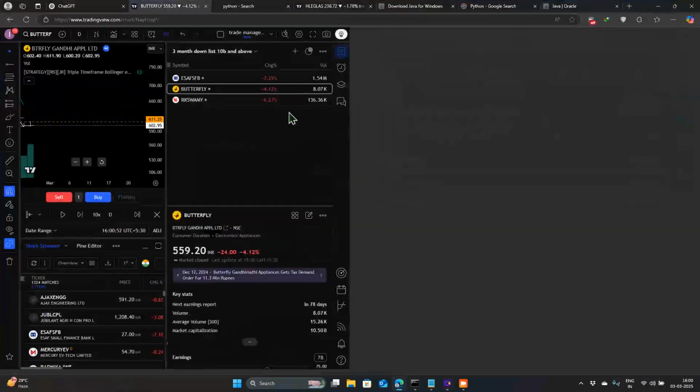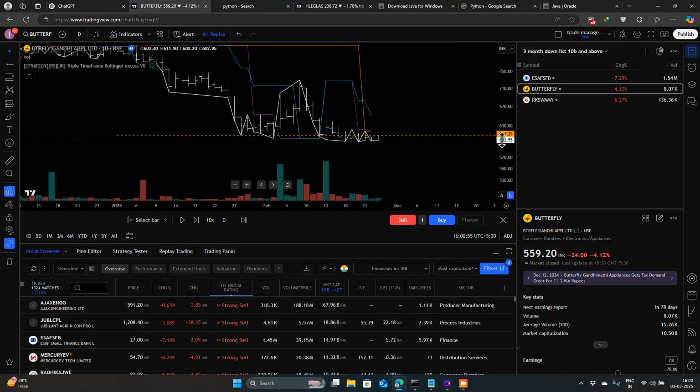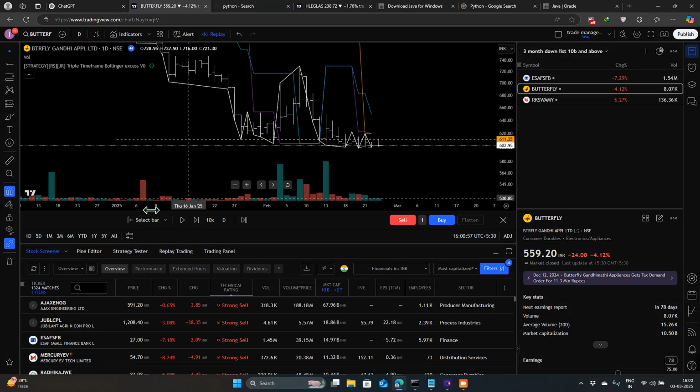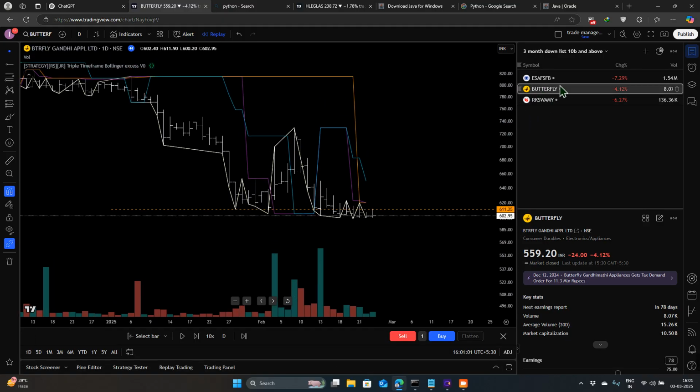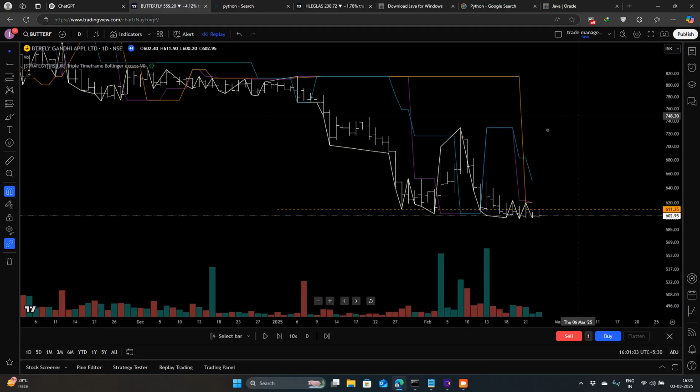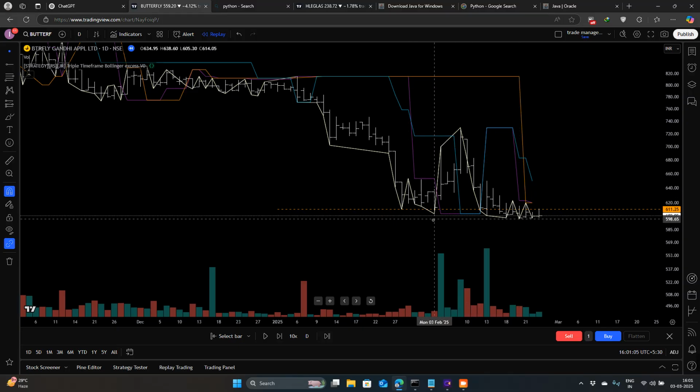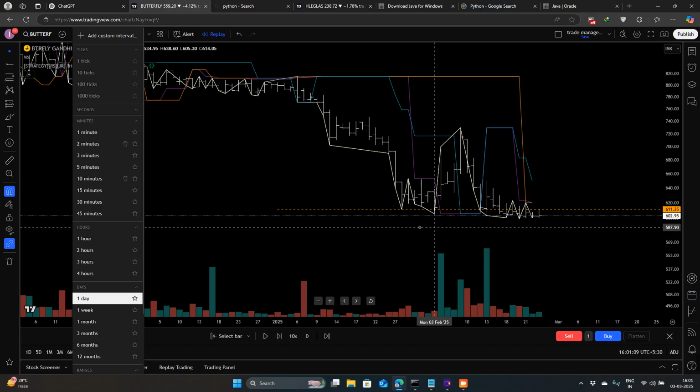Backtest my strategy, you know. Like, my plan is that I will take at least 100 trades. I will do a paper trade, and we'll see how my strategy works. So first of all, butterfly stock we have taken, and starting from somewhere around here, 3rd February 2025, our criteria has been passed. We'll also see how many times.